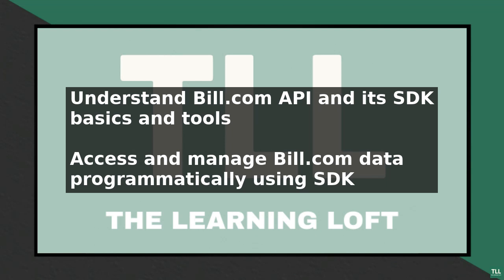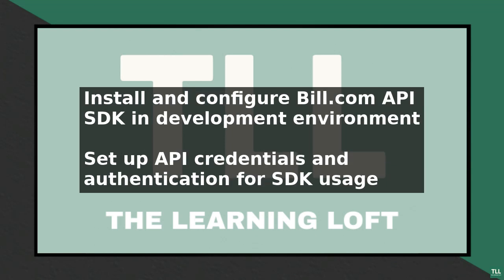with the API. First, ensure you have the Bill.com API SDK installed and configured in your development environment. This typically involves downloading and installing the SDK, then setting up your API credentials and authentication. Next, familiarize yourself with the key concepts and data models used in the Bill.com API. This includes understanding the different types of objects, such as bills, invoices, and payments, and how they relate to each